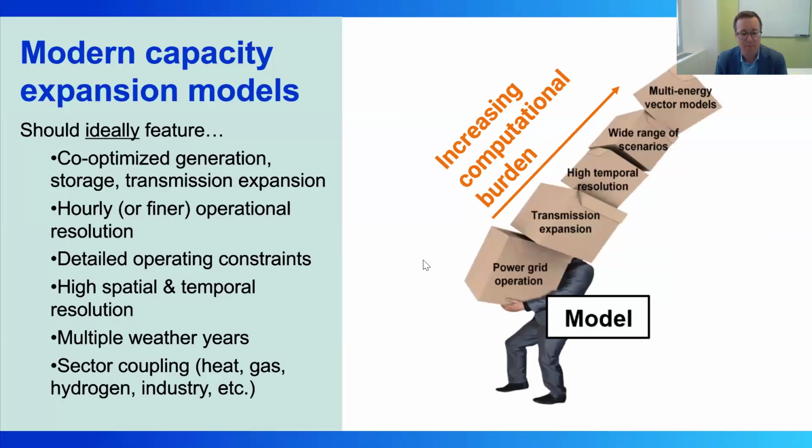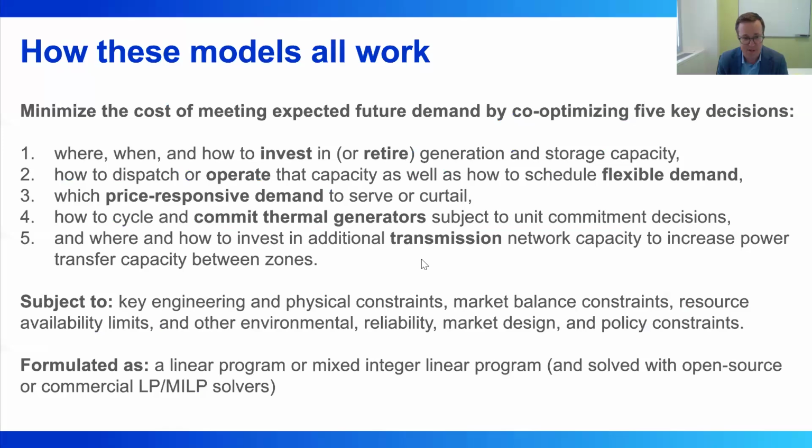So at their core, each of these models is basically trying to do the same thing, which is they're set up as cost minimization or social welfare maximization optimization problems. So we're trying to maximize social welfare or minimize the cost of meeting expected future electricity demand, say 5, 10, 15, 20 years into the future, by co-optimizing a set of key decisions: where, when, and how to invest in or retire existing generation and storage capacity, so our capacity planning decisions; how to dispatch or operate that capacity, as well as schedule flexible demand, if that's part of the model, across all the hours of your planning years;